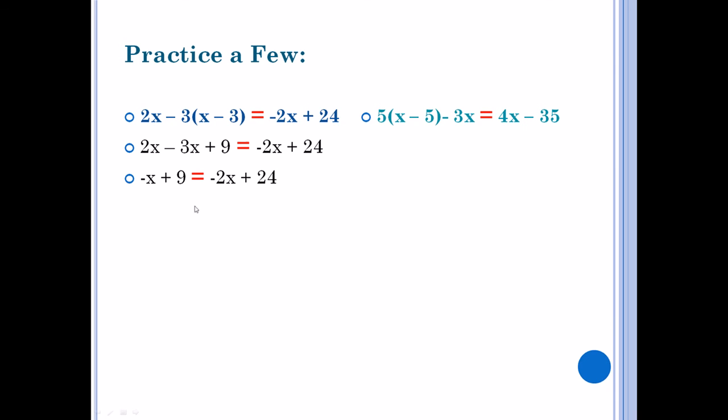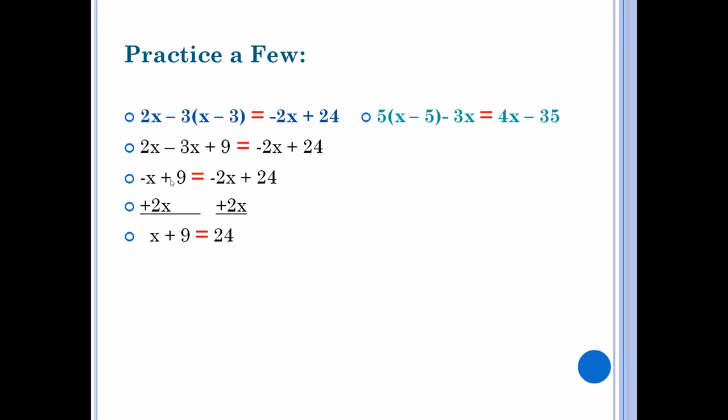Now we got to get these x's together, and it doesn't matter if you add the 2x here or add the x here, but when you cross that equal sign, just make sure you're doing inverse operations. And I'm going to go ahead and move my negative 2x to the left by adding 2x, because the opposite of a negative 2x is to add 2x. So over here I have negative x plus 2x. What's negative 1 plus 2? Just 1. So I have 1x plus 9 equals 24, because we didn't touch the 24, we just brought it